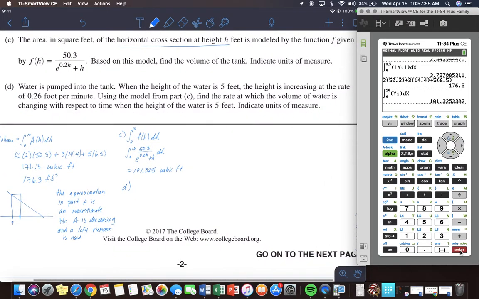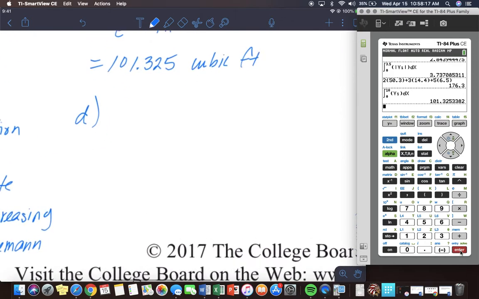Water is pumped into the tank. When the height of the water is 5 feet, the height is increasing at a rate of 0.26 feet per minute. Using the model from part C, find the rate at which the volume of water is changing with respect to time when the height of the water is 5 feet. Okay, so in part D,